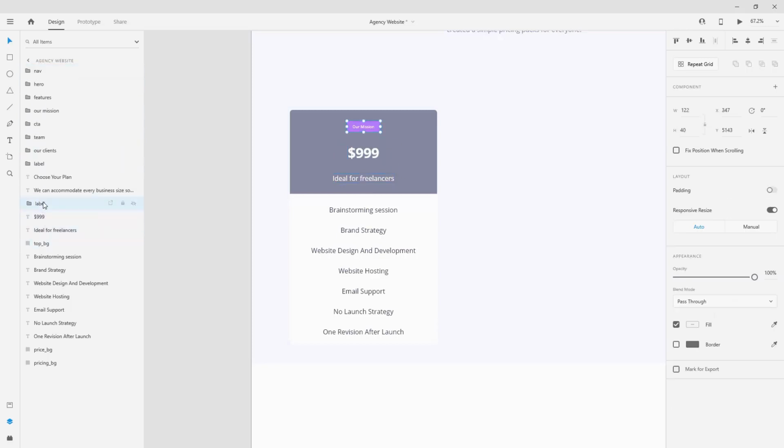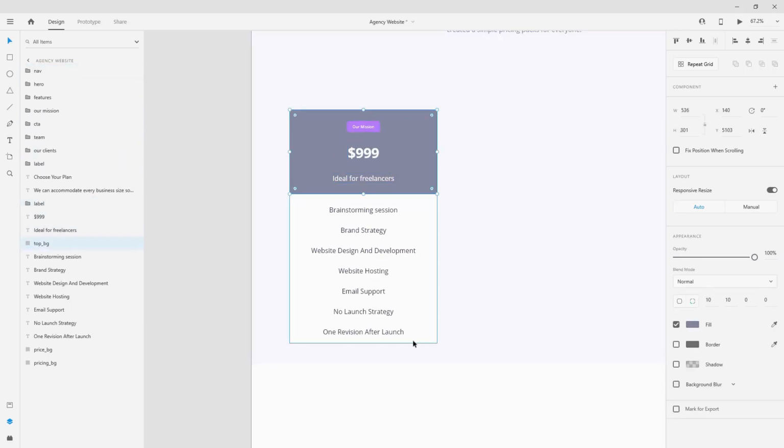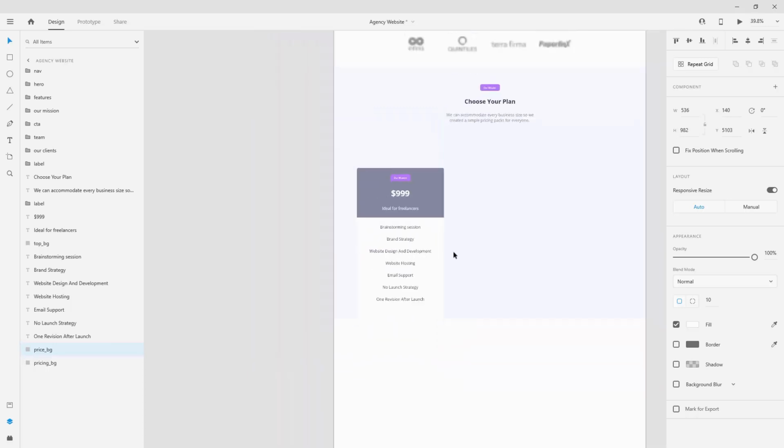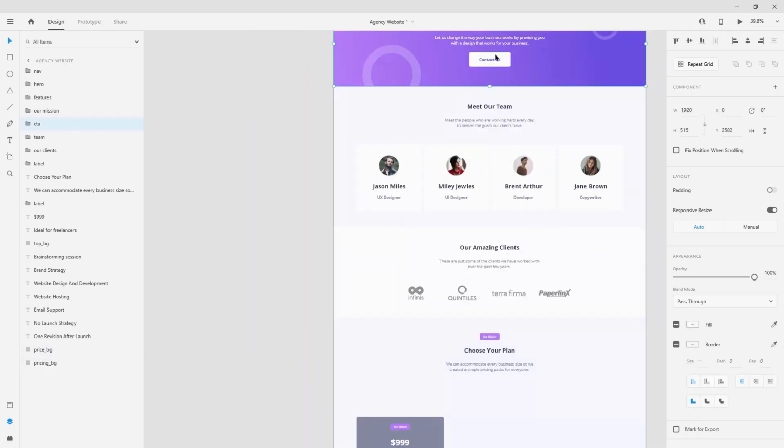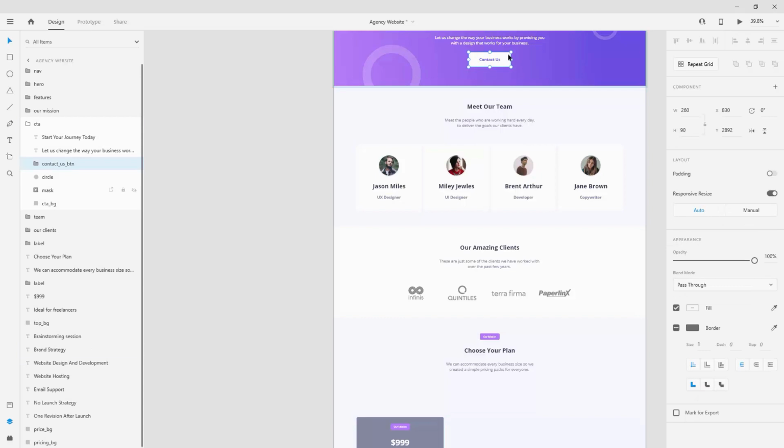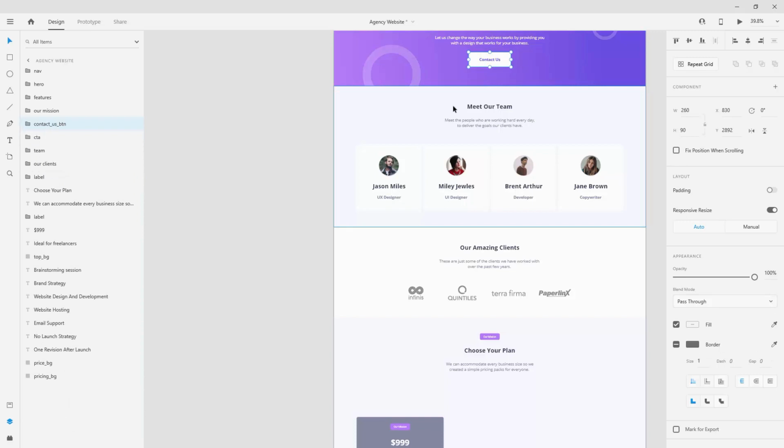So here it is. And one final thing which I need to create is our button. But before I do that and create a button, I need to increase the height of my price BG. So I'm going to type in 982 just so that I can accommodate my button right here below. And button is basically going to be this same button that we used right here. So I'm going to duplicate it, hit Ctrl D and drop it outside like so, and then simply move it all the way down until it fits right here,